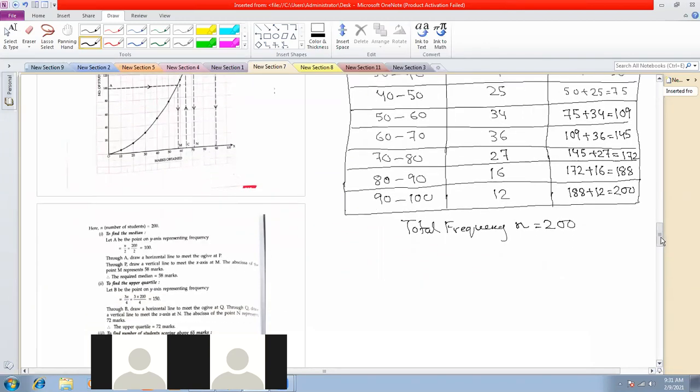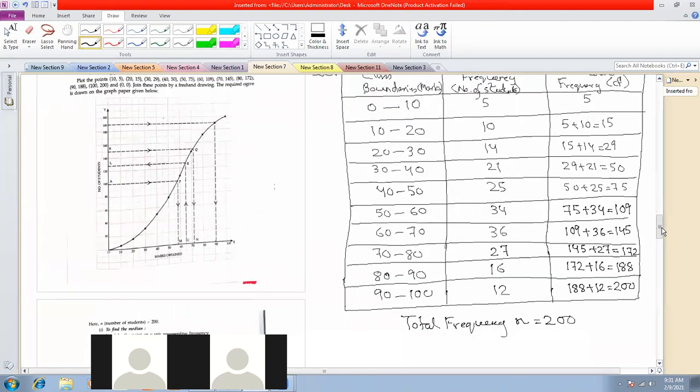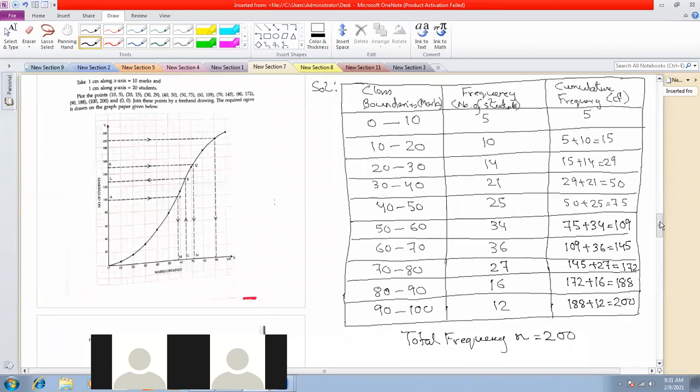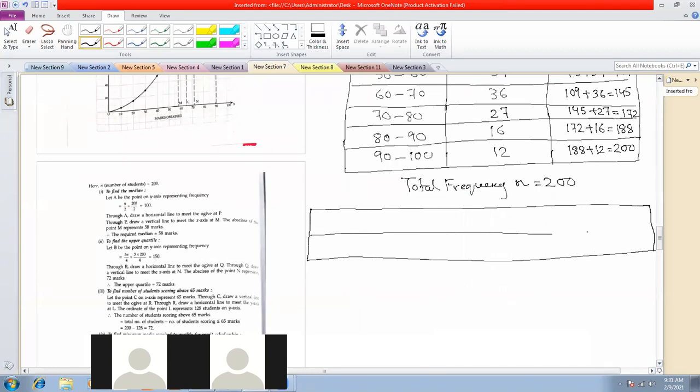Now there is one thing that we must do here, and that is, with the help of this table, we are required to plot a graph. But before plotting a graph, it is always very convenient to get the coordinates. It is always very convenient to draw this kind of a table before drawing the graph, so that you don't get confused with the coordinates. And what are the coordinates?